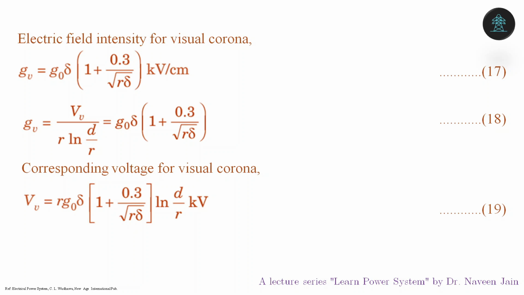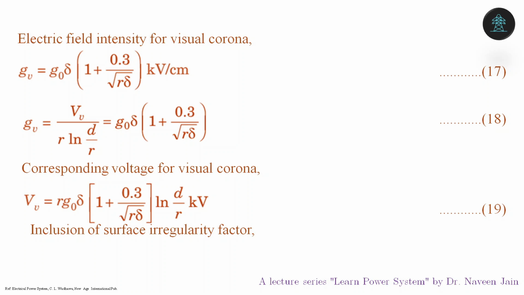Actually, the voltage applied corresponds to the critical disruptive voltage which we saw in the last slide. The corona phenomenon starts, but it is not visible, because the charged ions in the air must receive some finite energy to cause further ionization by collisions. For a radial field, it must reach a gradient at the surface of the conductor higher than the previous one, so that a finite distance away from the surface of the conductor, and that is included in this expression for visual corona.